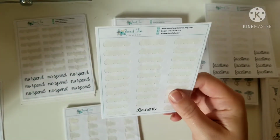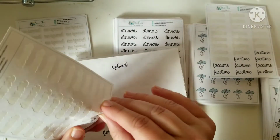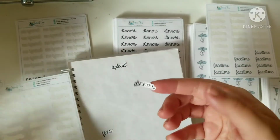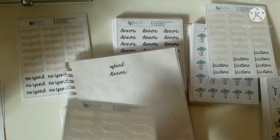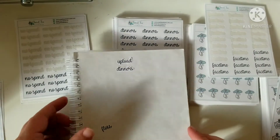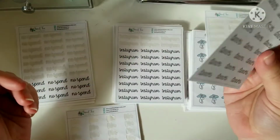Dinners. Again, I like to track these in the sidebar. So this week, I'm just going to pull it out, and I've only got one sticker left of this, and I'm just going to put it here. This is so satisfying. I don't know why I'm talking through this. So dinners,